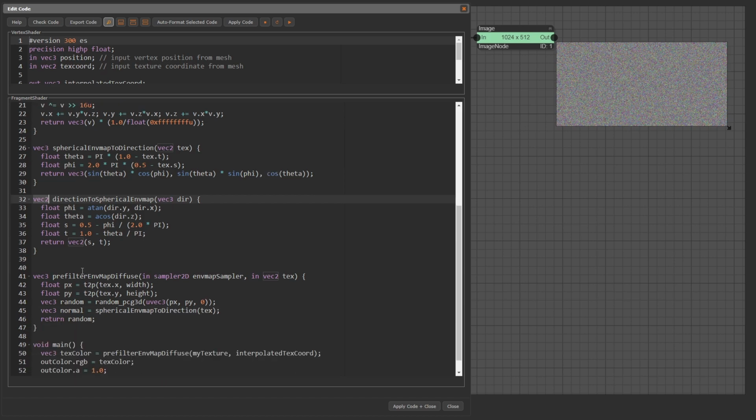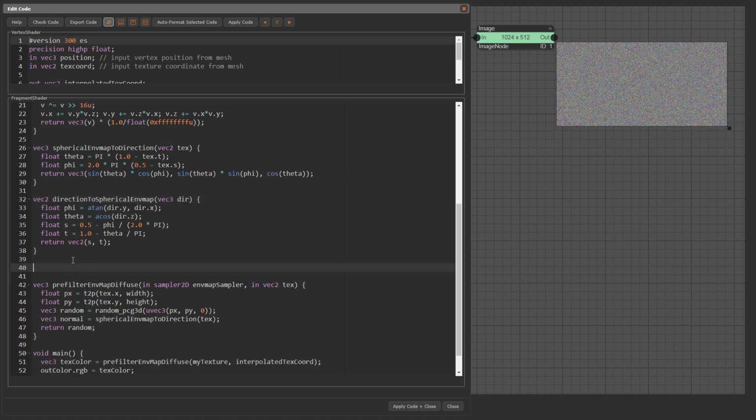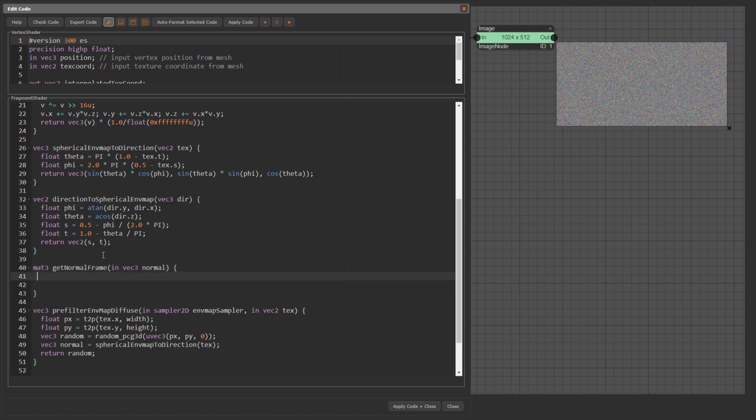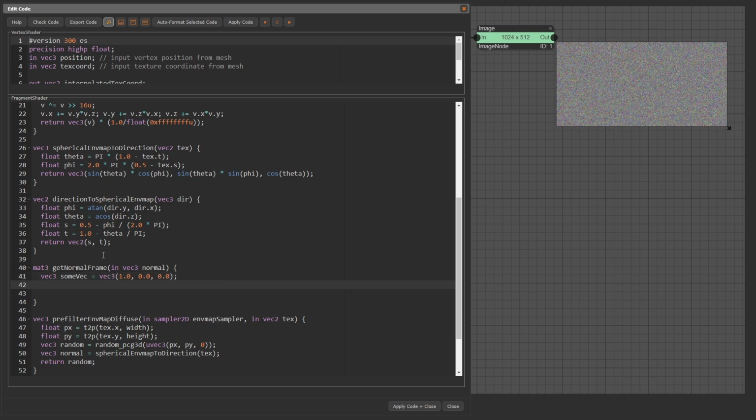As mentioned before, to perform importance sampling, we need to span a 3D coordinate frame for which the surface normal is the z-axis. We define a function, mat3 get_normal_frame(in vec3 normal). Now we take some vector, vec3 somevec = vec3(1, 0, 0), and compute the cross product with the input normal.